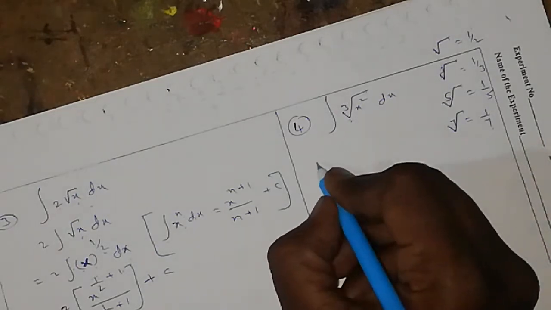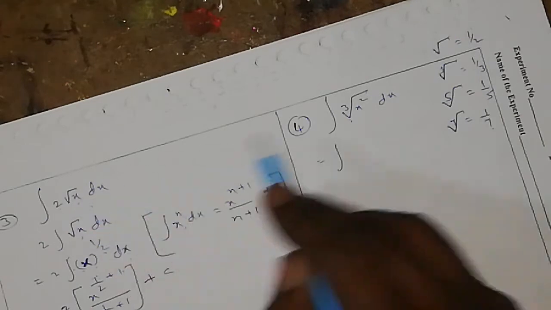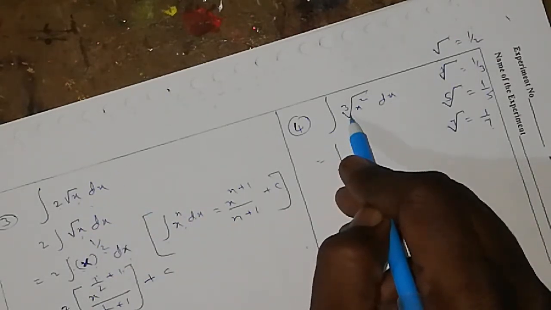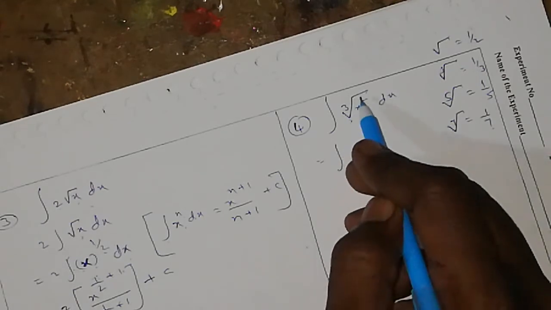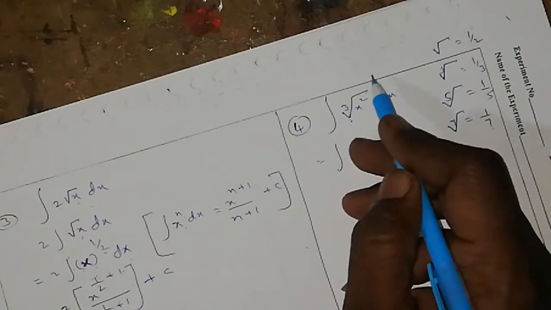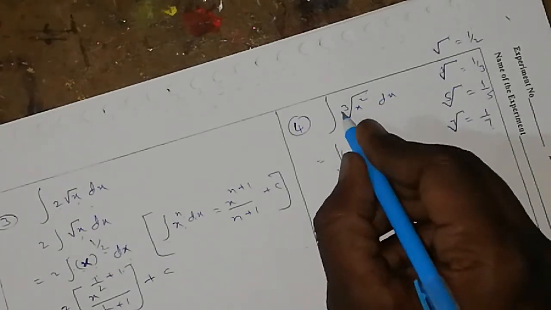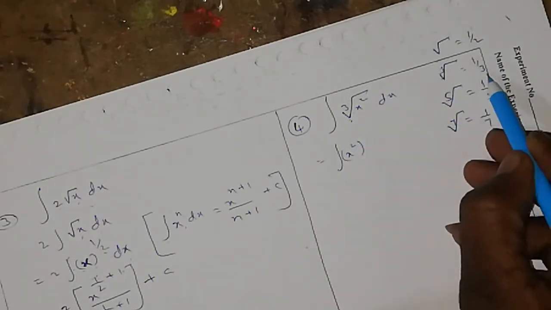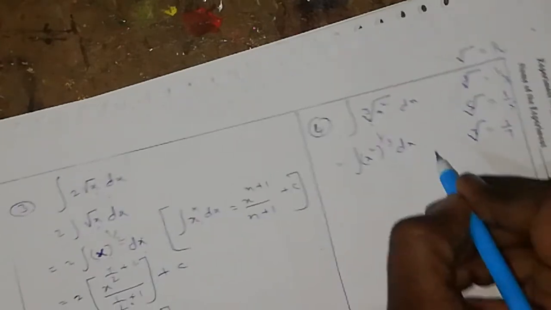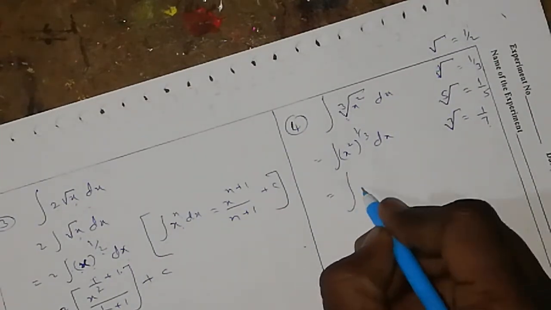So now this one, how can we write? Integration, now writing in power form. In root form or cube root form, we can't solve the problem. We have to convert it into the formula form. So for converting into formula form, I am writing the cube root in exponent form. So it becomes x square whole to the power of 1 by 3. What I said? Cube root is nothing but the power 1 by 3. So I am writing the power as 1 by 3 into dx. Clear? Right.